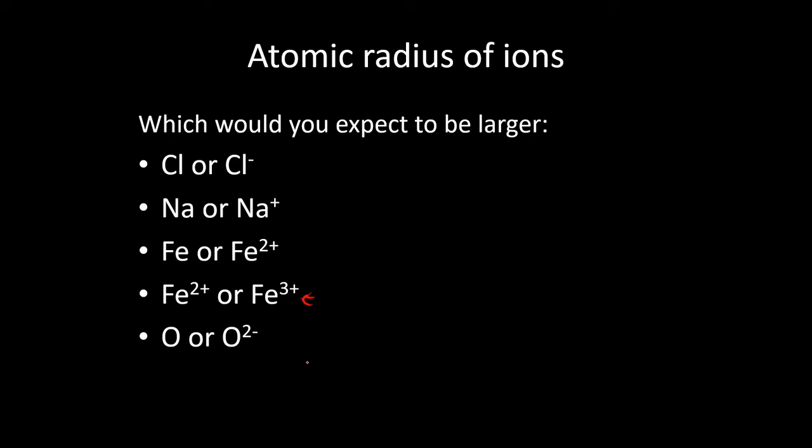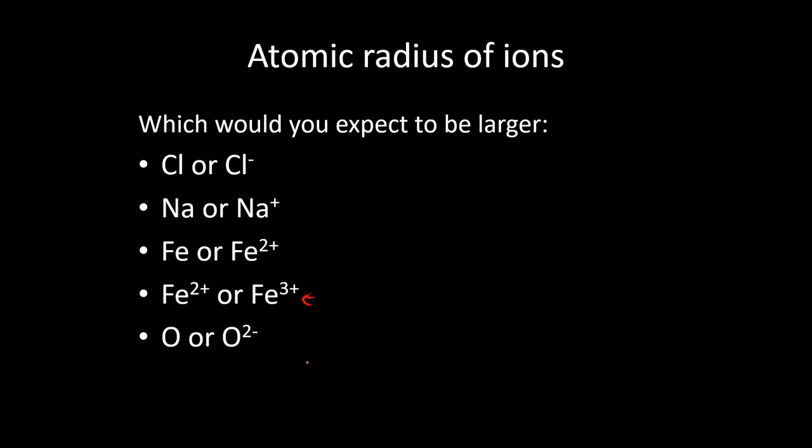All right, our basic principle when it comes to ions is, does it have more electrons? If it does, it's going to be a little bit bigger. Does it have fewer electrons? If it has fewer electrons, it's going to be smaller. And it does vary a bit from one element to the next. Some it varies a lot, but usually